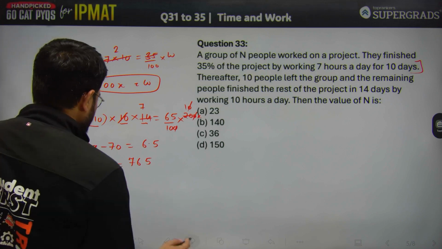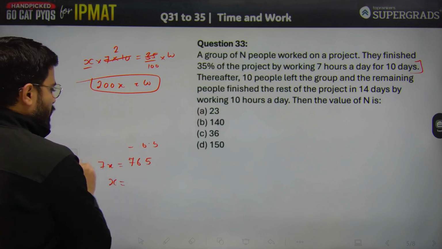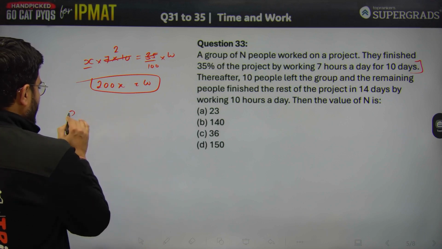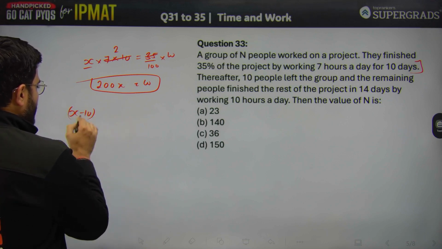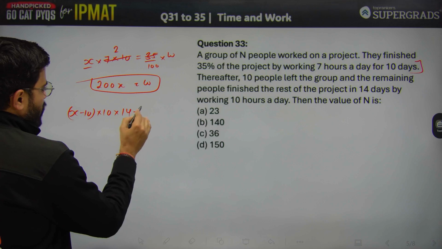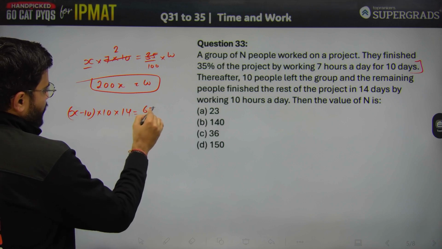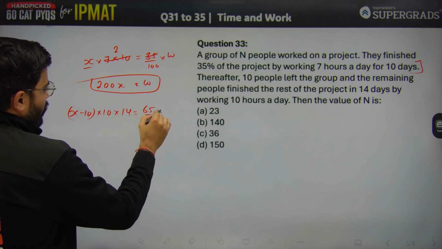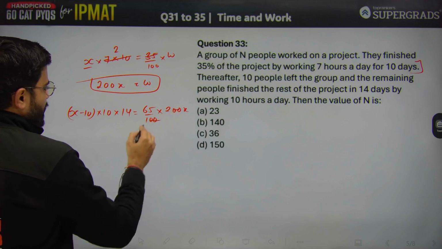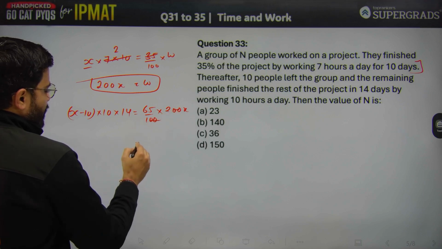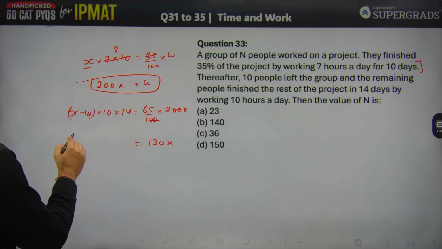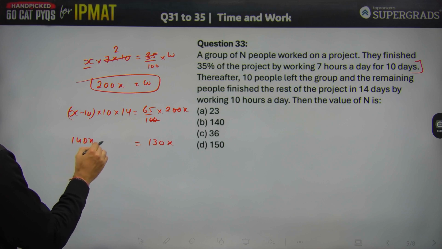So let's solve it in another method because I hate fractions. So remaining people are x minus 10. They are working for 10 hours a day for 14 days to complete the remaining work. Remaining work is 65% of 200x. Two zeros get cancelled and 65 into 2 is 130x is equal to, from here I get 140x minus